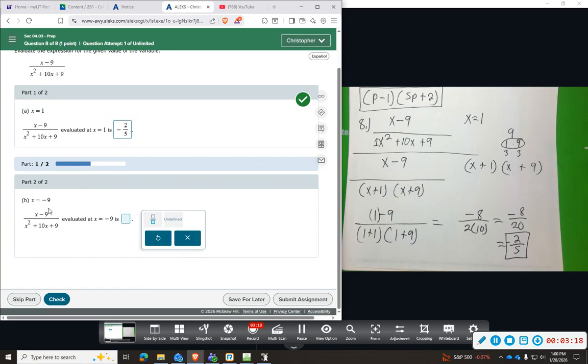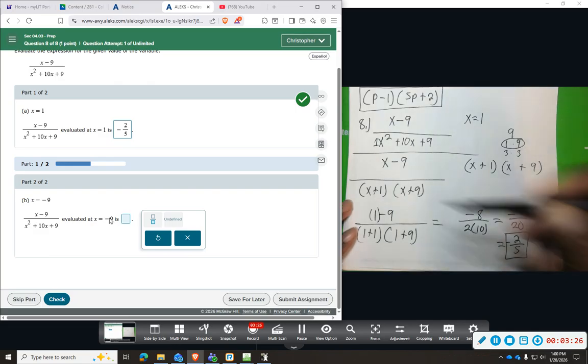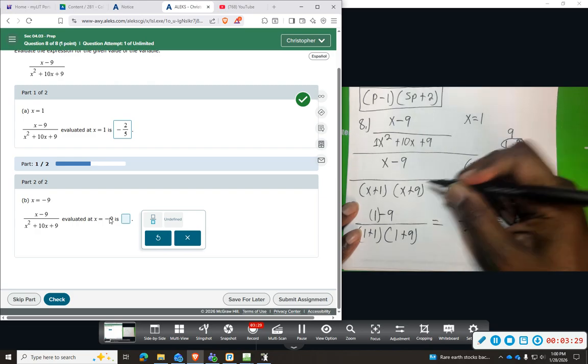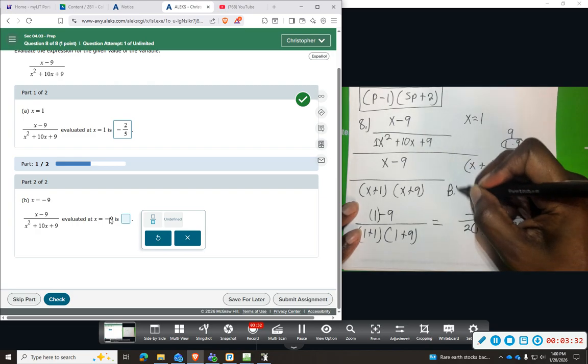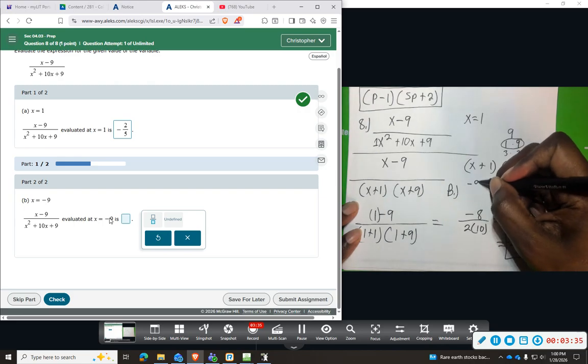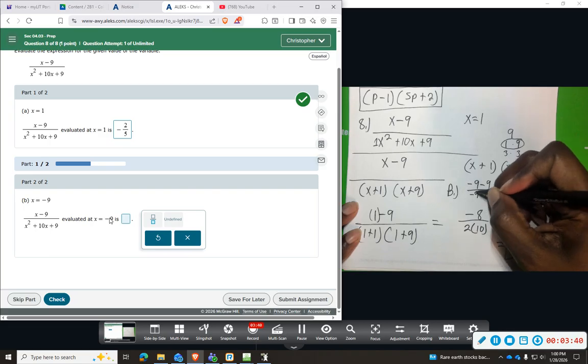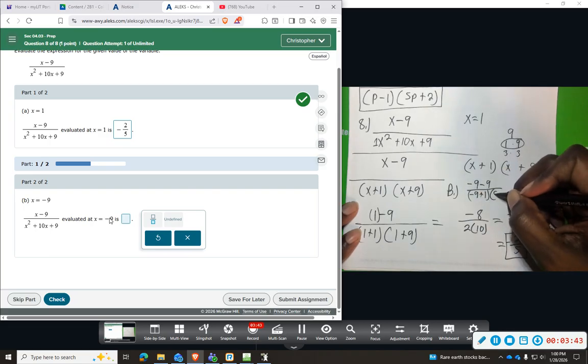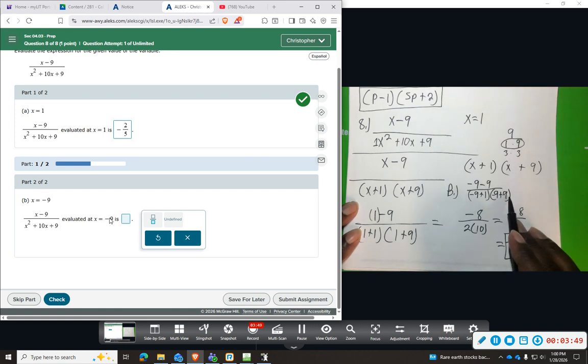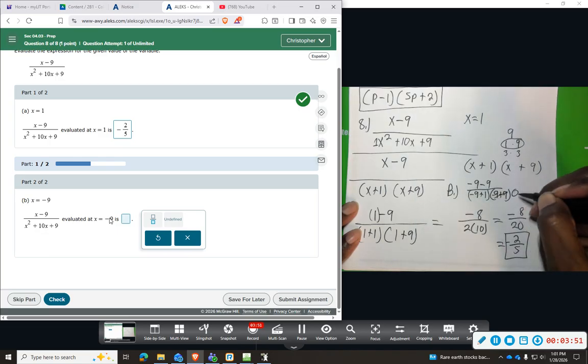And we're going to do what looks like the same problem, but this time we're going to plug in a negative 9. So if I start from here and do a negative 9, I'm going to say part B, this will give me a negative 9 minus 9, negative 9 plus 1, and negative 9 plus 9. Okay, so what I'm seeing, the negative 9 plus 9 is going to give me a 0. And 0 times anything, it doesn't matter what this is, it's going to be 0. So this is going to give me a 0 on the bottom,